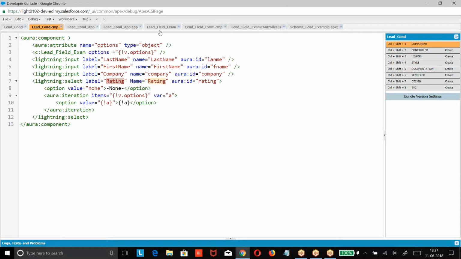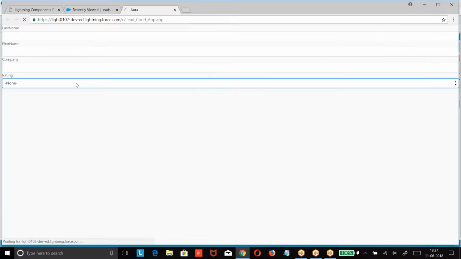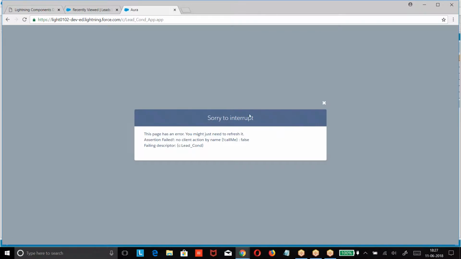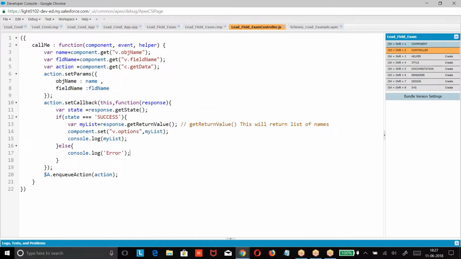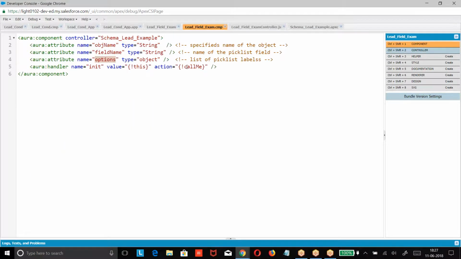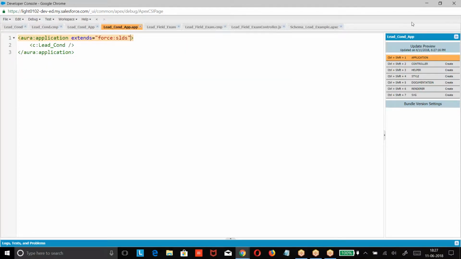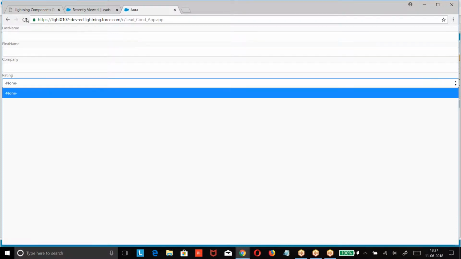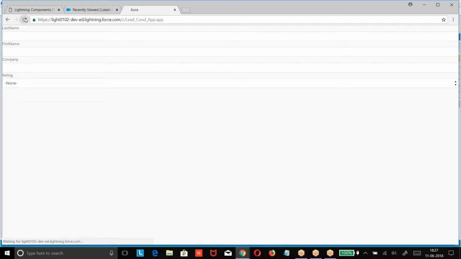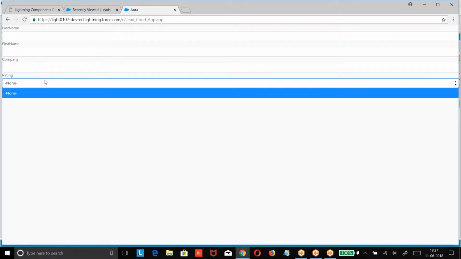So go back to the application and see. What was that? Failing, disconnected. Refresh it. Now call me. Let me check it out. Go back. Still values are not fetched. Let me refresh. Okay. Now let me cross-check. The values are not getting assigned here.